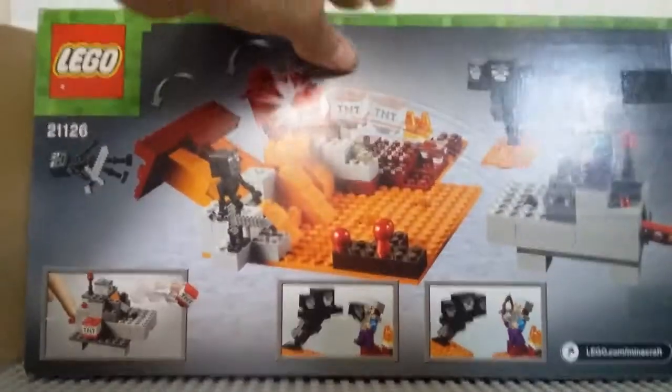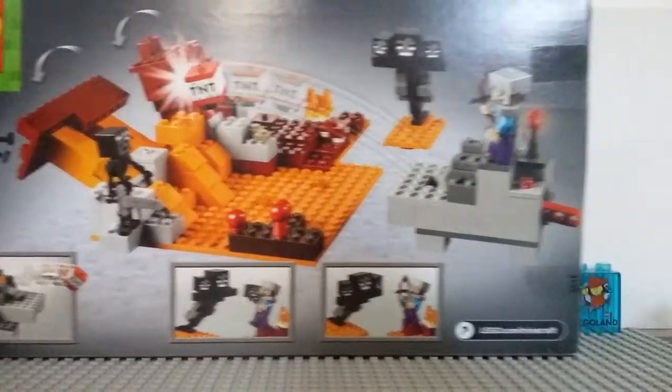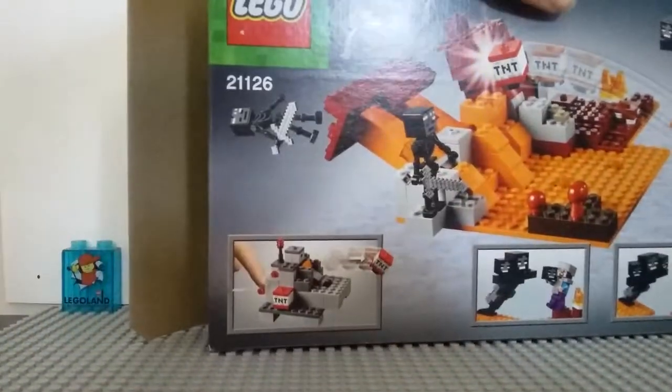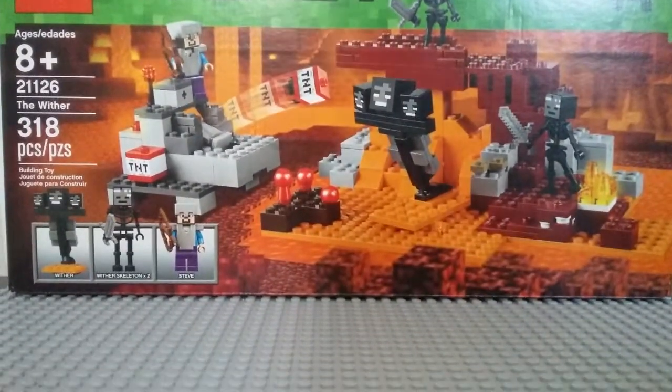On the back of the box, we also have all the play features. So there's a TNT cannon, and it looks like you can knock the bridge over. And yeah, that's pretty much it. And as you can see, I've already opened this up, so it's not going to be really an unboxing because I've already unboxed it. But without any further ado, let's go ahead and jump right into the review, starting with